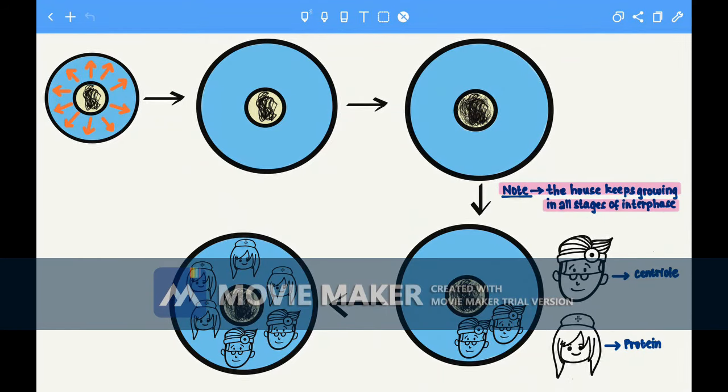According to the story, we have to assume some things. The cell wall is assumed to be the hospital. The nucleus is assumed to be that room in the hospital wherein all the patients are in. The chromatin network seen here are the patients. The centriole is the doctor and the nurses are the proteins. This is just a brief introduction of what we need to know before jumping into the story.